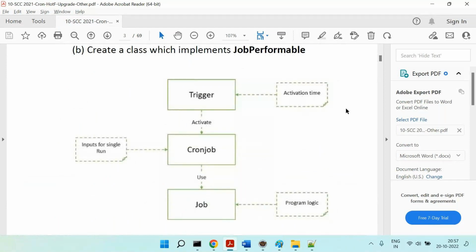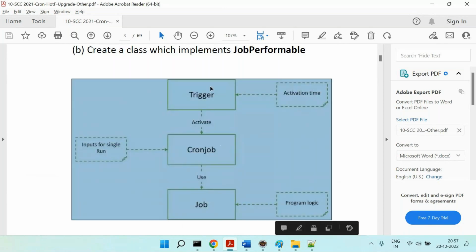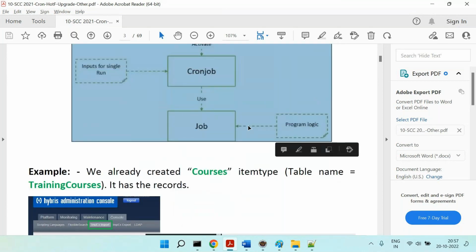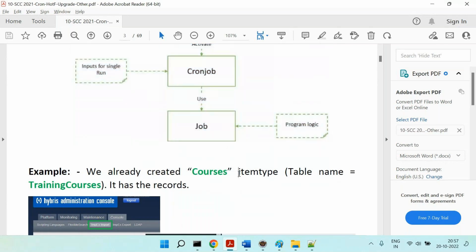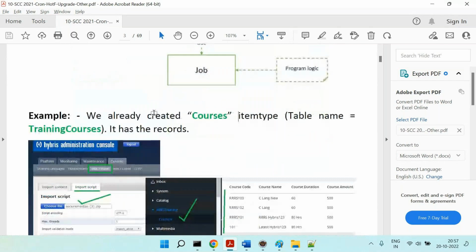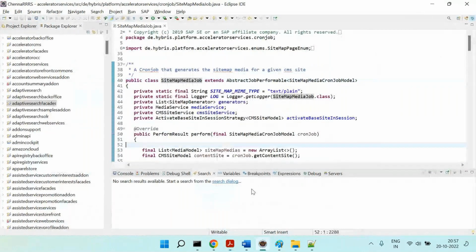So you have an activation time. Activation time is with what? Using the triggering point, you will set the trigger for your cron job. A cron job uses a job. In the job, you are writing the logic. This is just a pictorial representation of the cron job activities. That's it. Okay, now let's take one requirement and